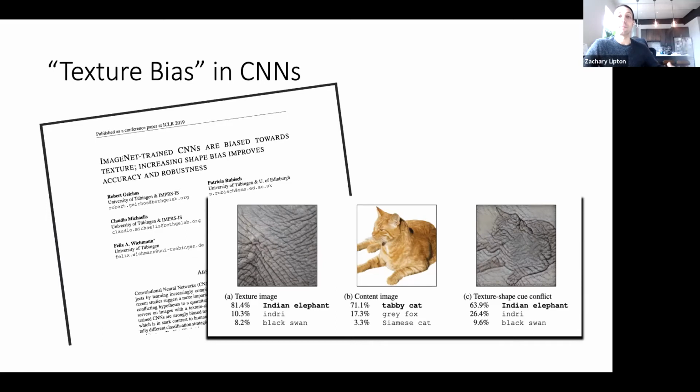Like the ImageNet CNNs are biased towards textures. So what they do is they say, okay, let's look at this patch of elephant skin, classified very confidently as Indian elephant. This shape cutout of a tabby cat, classified confidently as a tabby cat. But if you impose that texture on that shape, then it's predicted, fairly confidently, as an Indian elephant. So they're sort of saying the model is biased towards texture. But again, what does it mean to be biased? What is the coherent framework within which the model, like you will never have seen,